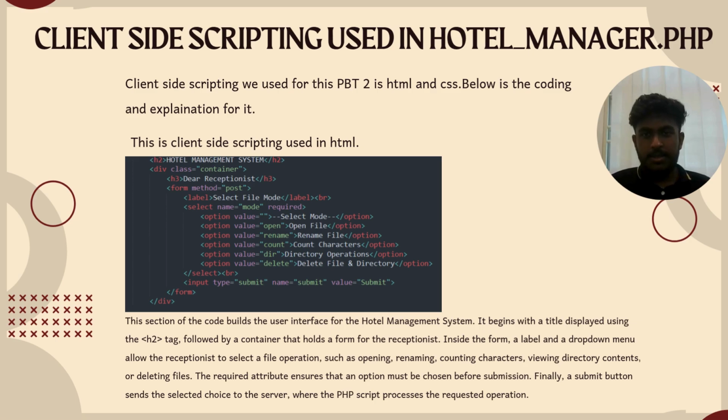So as you can see here, this is the client-side scripting used in Hotel Manager PHP. The client-side scripting we use for this PBT2 is HTML and CSS. Below is the coding and explanation for it. This is the client-side scripting used in HTML. The coding that you are seeing on the screen is what we use for the PBT2, which is the